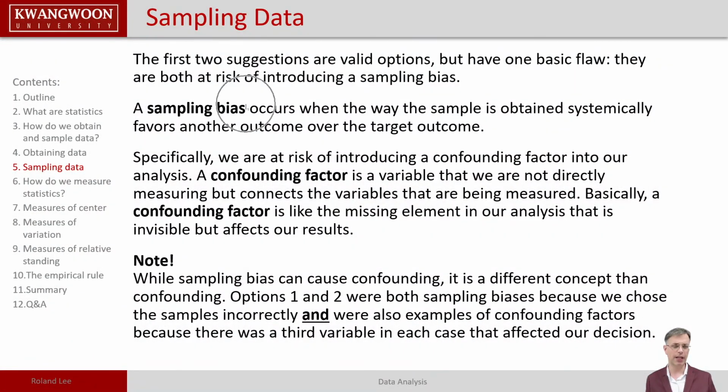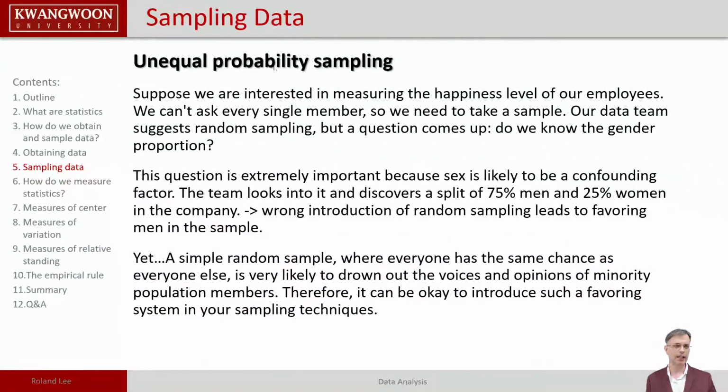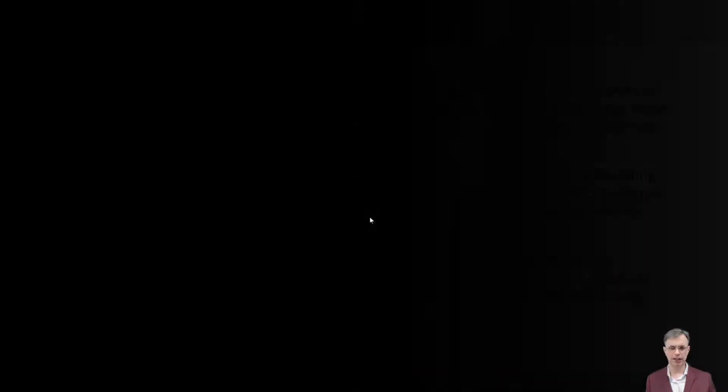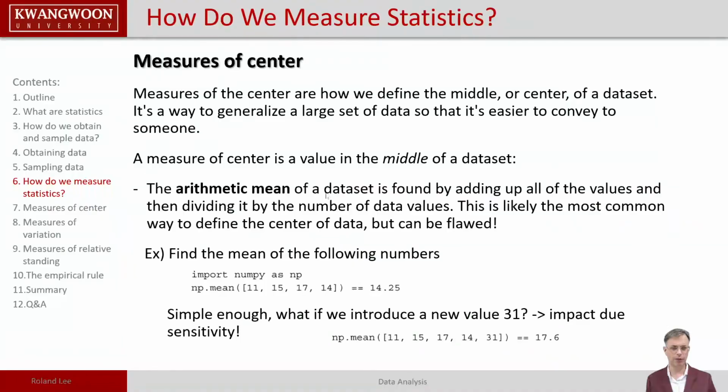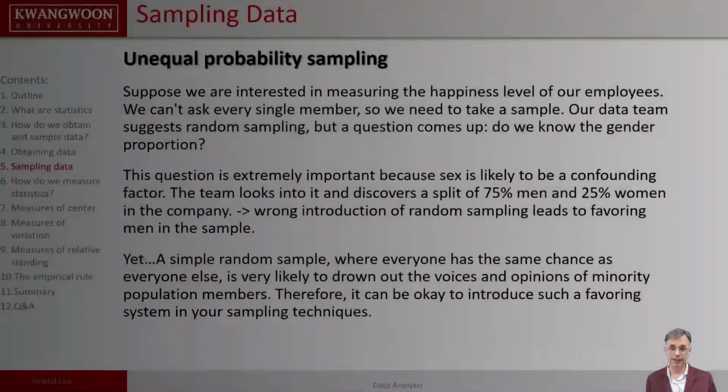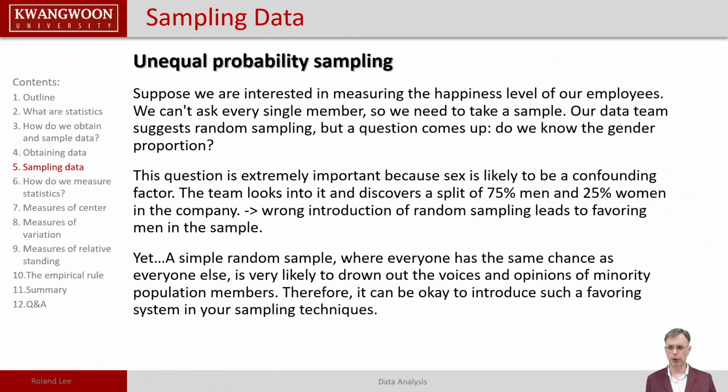And we learned about sampling bias, the confounding factor, which leads to a third variable or unknown variable, and then unequal probability sampling talks about the favoring of one or the other. That's it. Let's close this topic for now, and we can continue with how we measure statistics the next